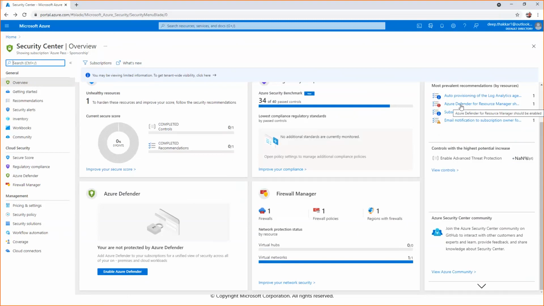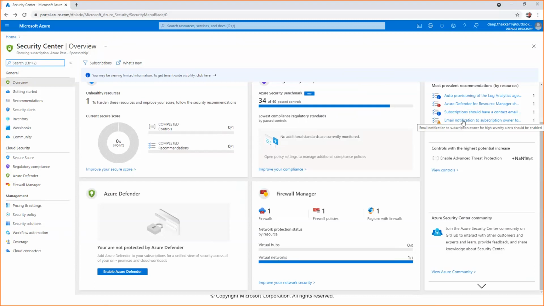As I mouse over it, it is telling me to enable Azure Defender. So this is the Azure Defender. And when I see this warning symbol, it says enable email notification to subscription owner for high alerts should be enabled.